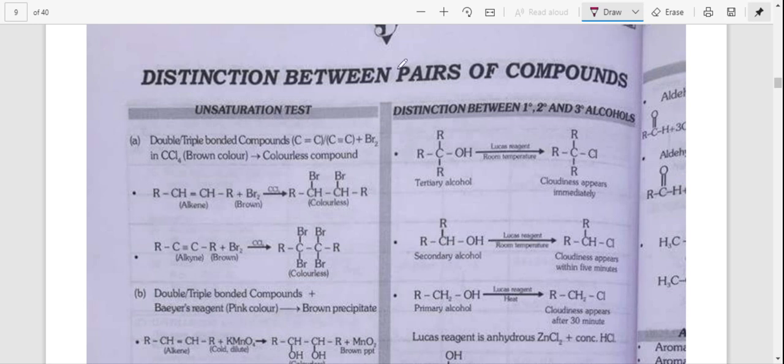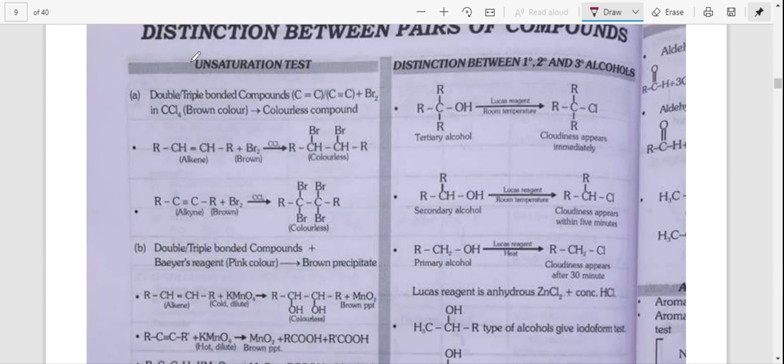In this video, we are going to revise an important topic, and there are many questions asked in NEET and JEE exams from this topic. So it will be helpful for you if you are going to study in a short way. The topic is distinction between some pairs of compounds. For example, we can use the unsaturation test, Lucas test, iodoform test, aldehydes and ketones tests, aromatic compounds. So we can distinguish every compound by using some test. So let's start the video.